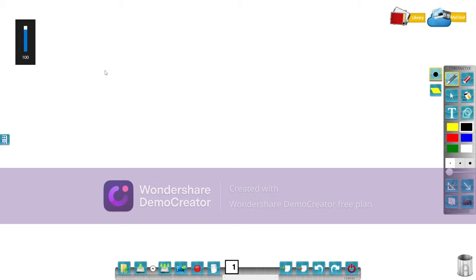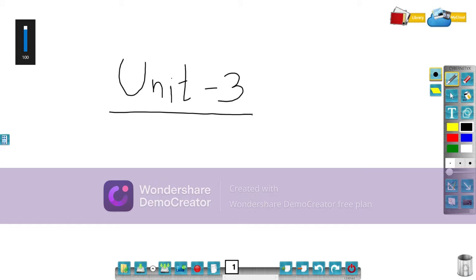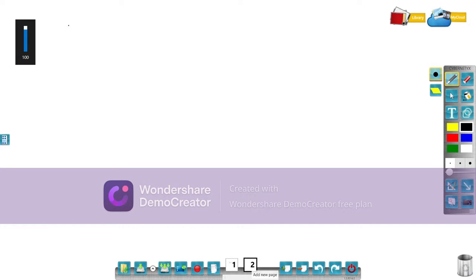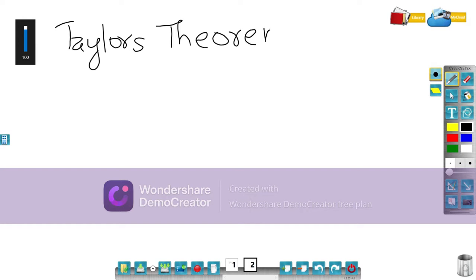In this lecture, we will begin unit 3, that is application of differentiation. In this lecture, we will prove Taylor's theorem for two variables. So let me state the statement. Taylor's theorem we have already done for one variable. In this course, we will do it for two variables. And similarly, one can generalize for n variables also.